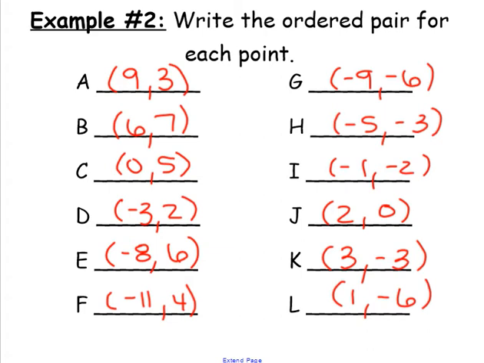I don't want you to look at the graph, so cover up the graph. Here are our points. Next to each point, I want us to write what quadrant or axis they're in by just looking at the points. So here, they're both positive, which means it's going to be quadrant number 1. Over here, they're both positive again, quadrant number 1. Now here they're both positive, but I see that 0, which means that it's on an axis. So it goes left to right 0 and up 5, which means it's on the y